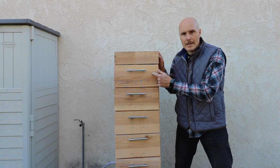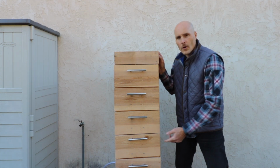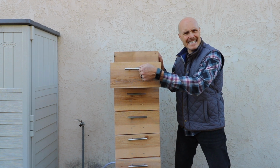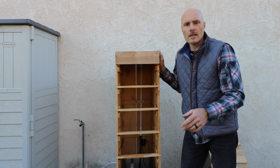This drawer is always going to be number 1 at the top. This drawer is always going to be number 2, number 3, number 4. The only moving you're ever doing is sliding, and it's so easy. Look at this. Now that the 5 drawers are out, we can start to get a look at what's going